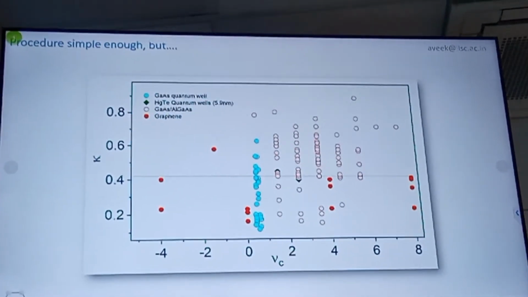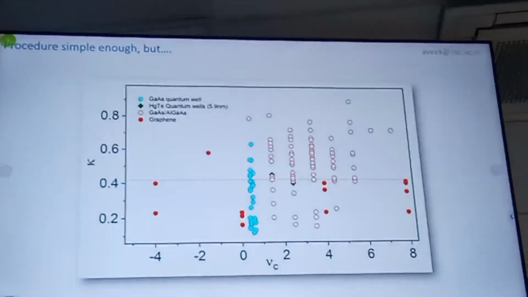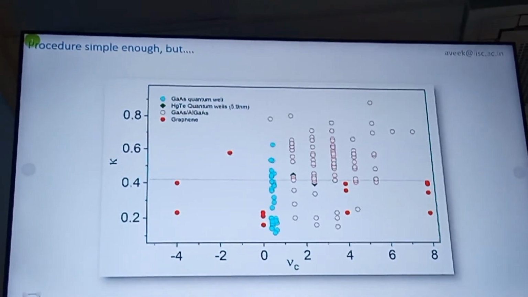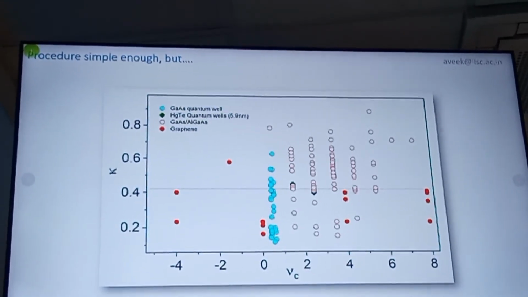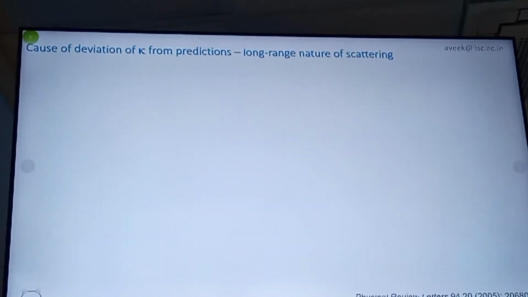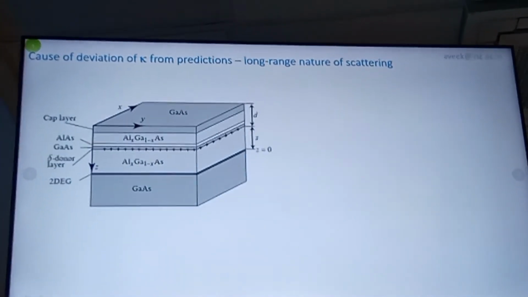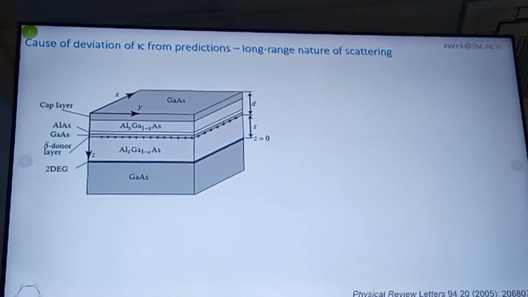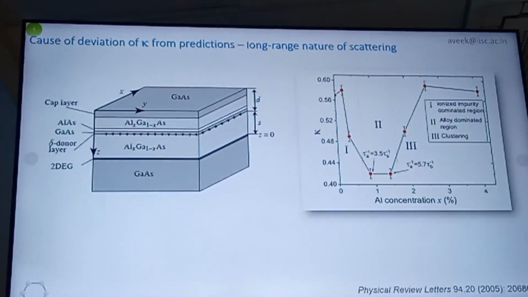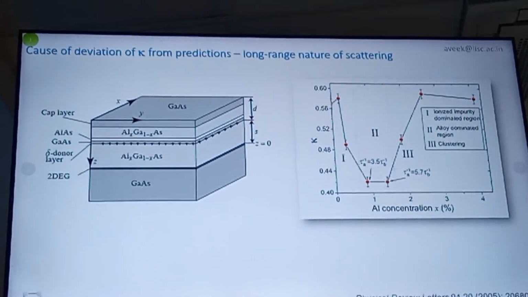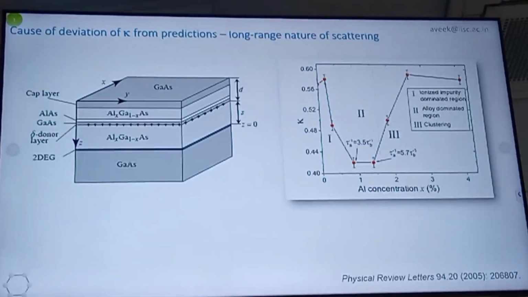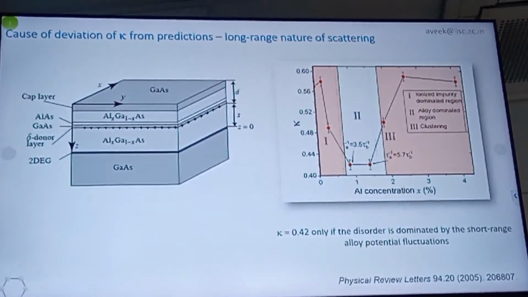And this line is the expected, and this is the data. So you can see we don't have a clear idea of what is going on. So we identified that probably the culprit is this long range interaction, and the obvious solution is how do we remove it. So there is a long range scattering. For example, as I told you before, in gallium arsenide you have these donor levels which give long range scattering, and people found that when they could screen this long range scattering by tuning the aluminum concentration, they could get to kappa of 0.41. Okay, so